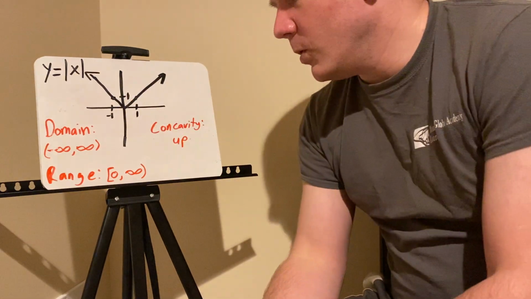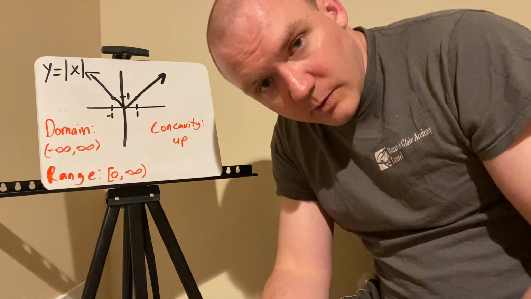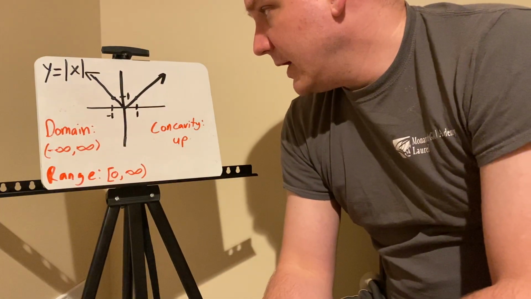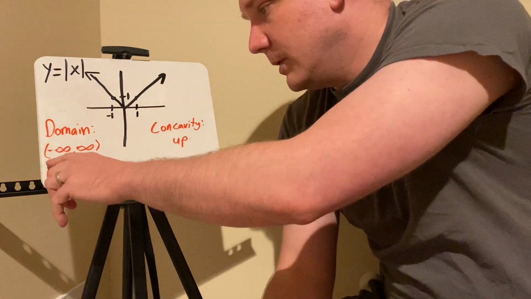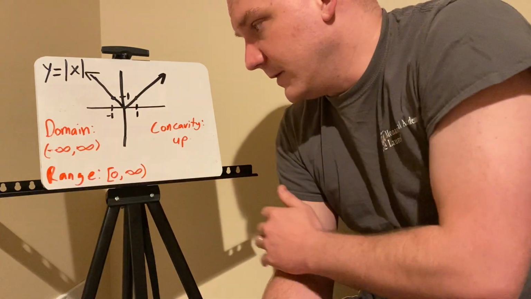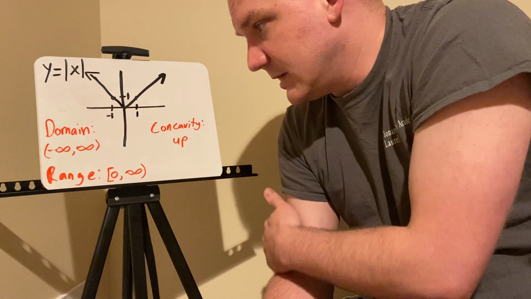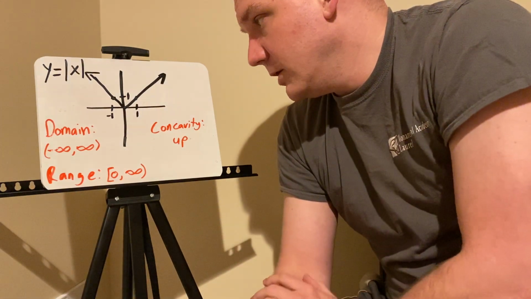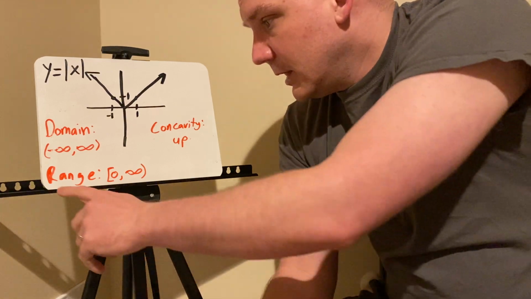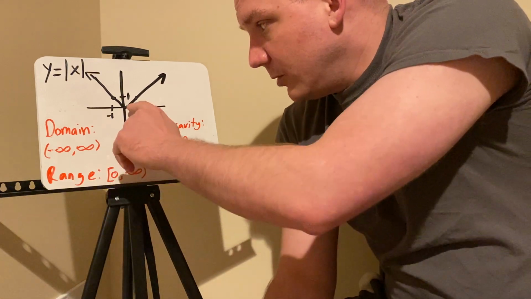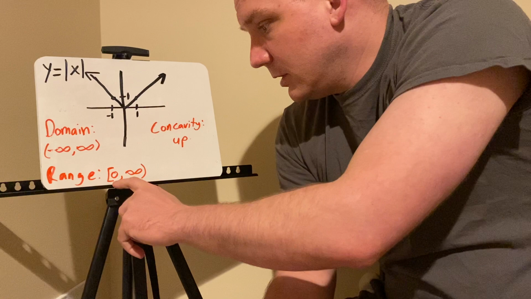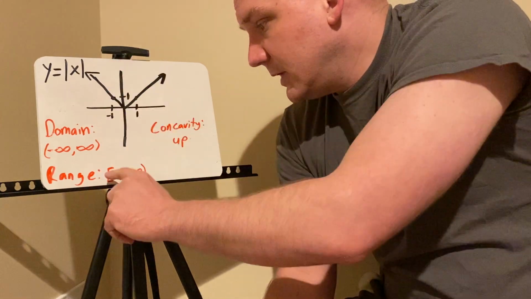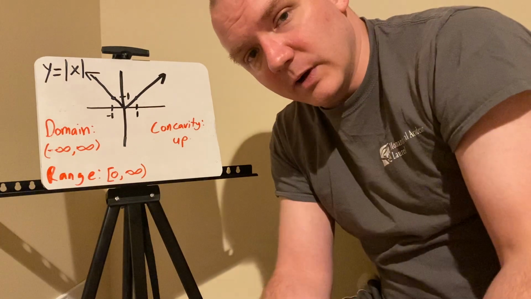Now, there's some important features of these functions we want to talk about. Your domain is going to be all values of x, so from negative infinity to positive infinity. And remember, we use parentheses because you can't actually include infinity within your domain or your interval. Range is going to be from 0, because it doesn't go below 0, to infinity. So our range here is from 0 to infinity, and 0 is included because it is a y value,